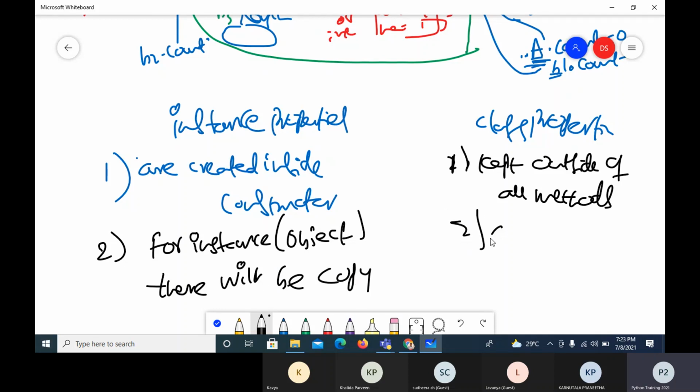For the class property, there is only one copy, irrespective of the number of instances.